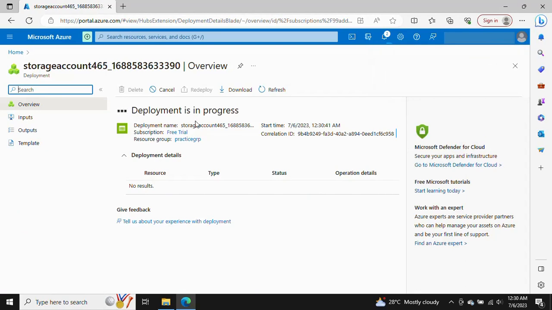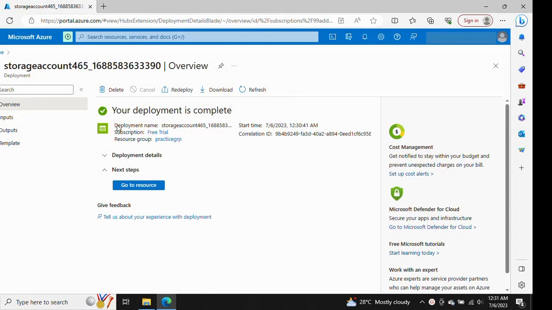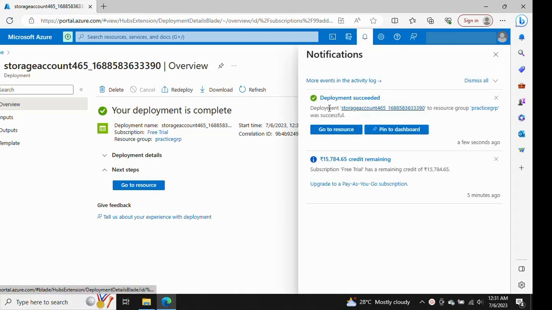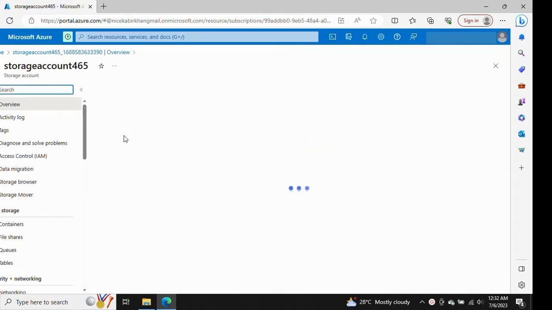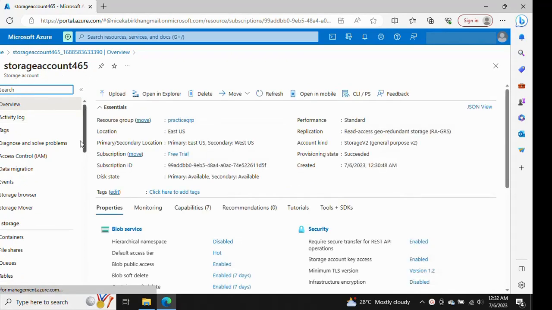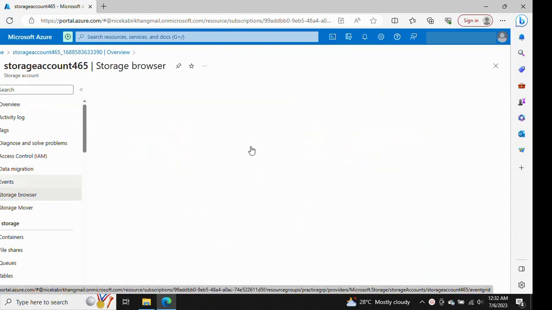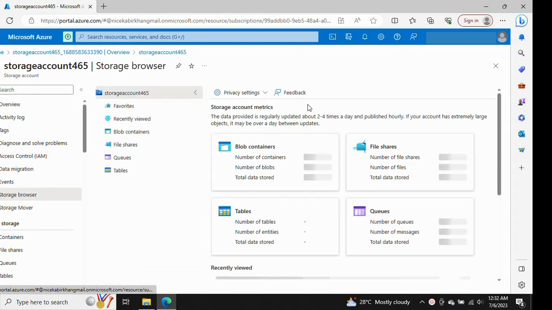You can see that deployment is in progress. Let's come back once it is done. Now we can see that the deployment is completed. Here we have the storage account created, and in the notification, if you click here, you will see the status of your deployment. Let's close it and go to the resources, and you can see that we already came in here. We can click the blob services, or you can click storage browser so that it will open in browse mode. Now click on container,